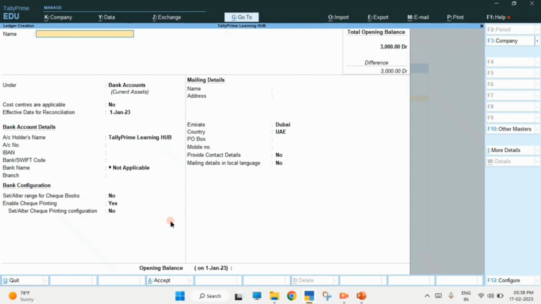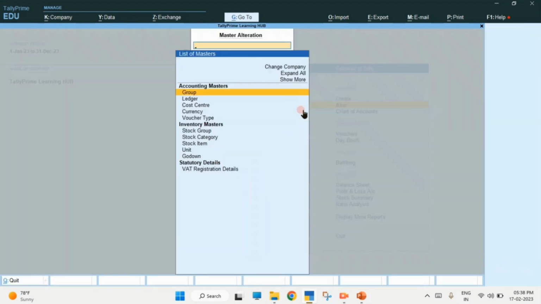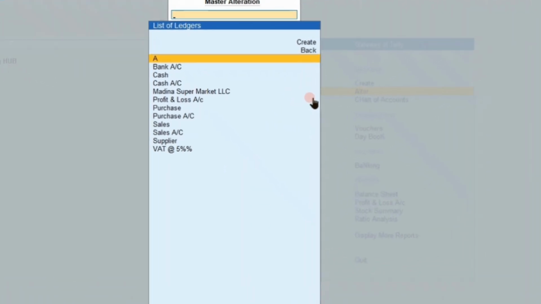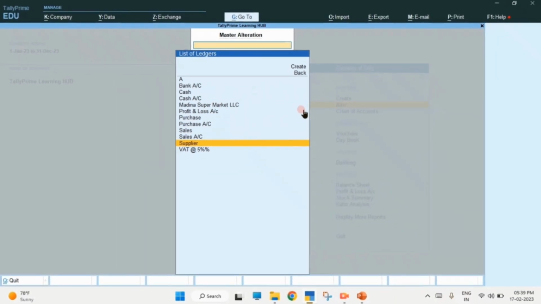So like this, other ledgers also you can create same as it is. So we'll go back to the main screen. So guys, if you want to edit the created ledgers, you have to go to alter option, ledgers, and all the ledgers which we have created just now will appear here. The particular ledger you want to modify or you want to delete, you can press enter on that,